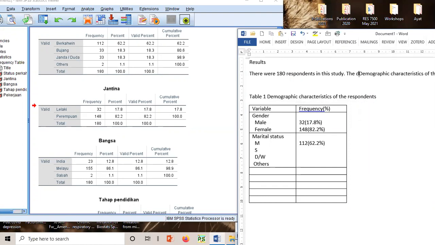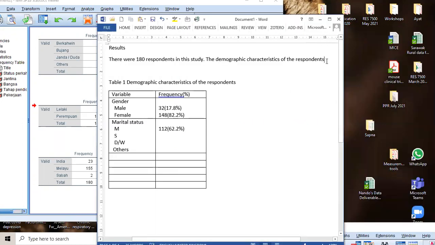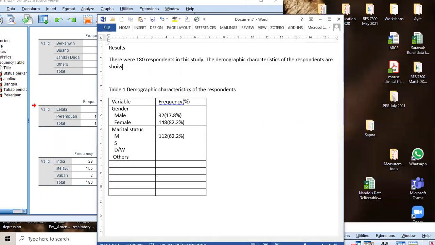Demographic characteristics of the respondents are shown in table 1. Don't let any table just hang by itself. So we know what you're doing and what your finding is, right? Below that, as shown, or I can write above this also,